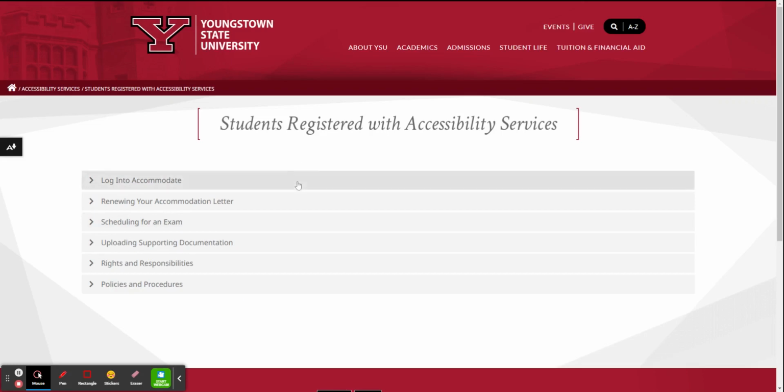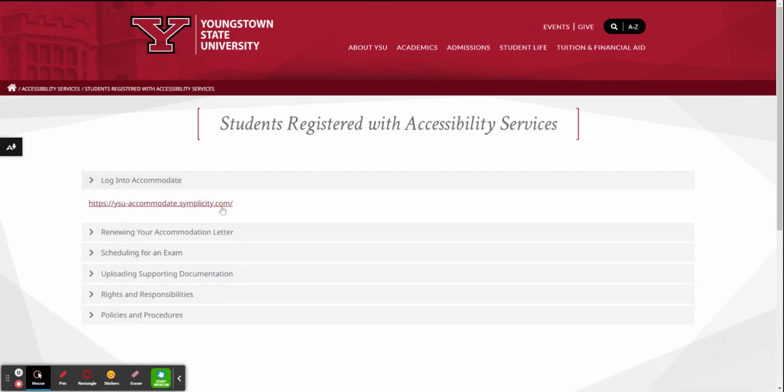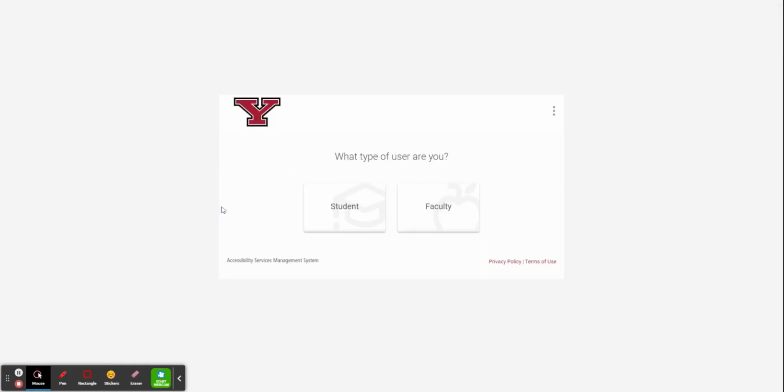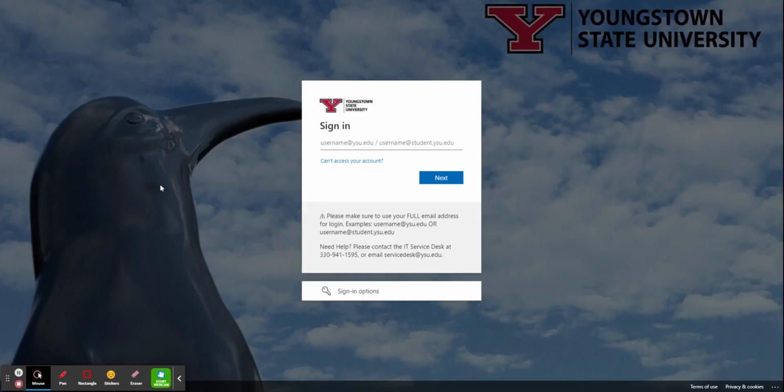Next, click Login to Accommodate, and below you will find the link to the YSU Accommodate login page. Once on this page, consider bookmarking this for easy access throughout the semester. To start the login process, you will need to first click Student. Then you will be prompted to sign in using your YSU email and password just as you would for the